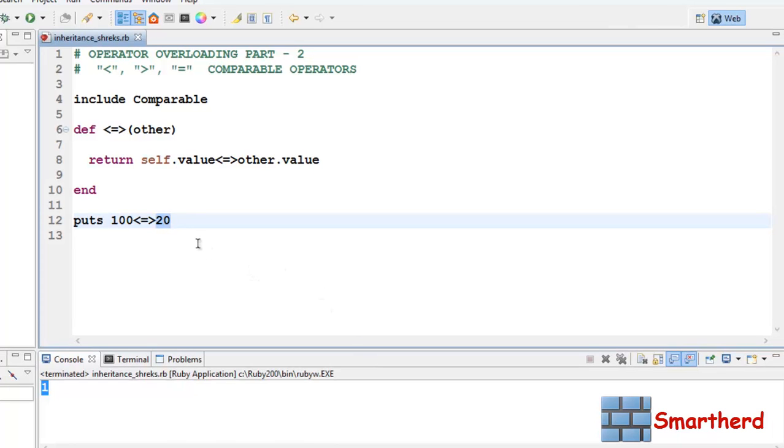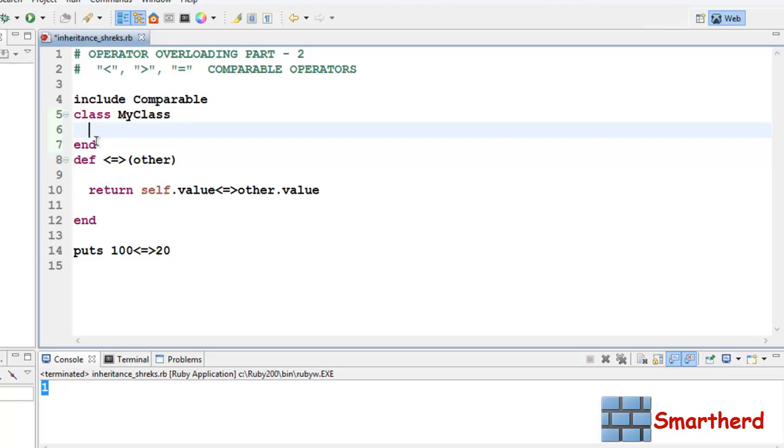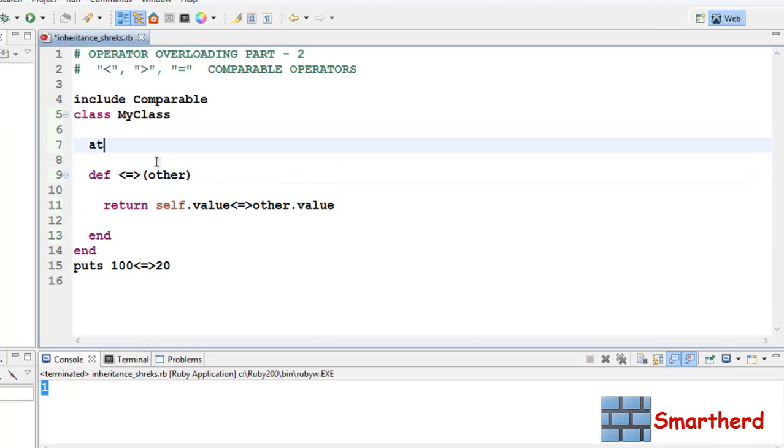Now let me show you another example guys of operator overloading using these three operators. Let us define a class, let's say MyClass. Let's put this end statement here. Now let us define attr_accessor, let's say my_name.